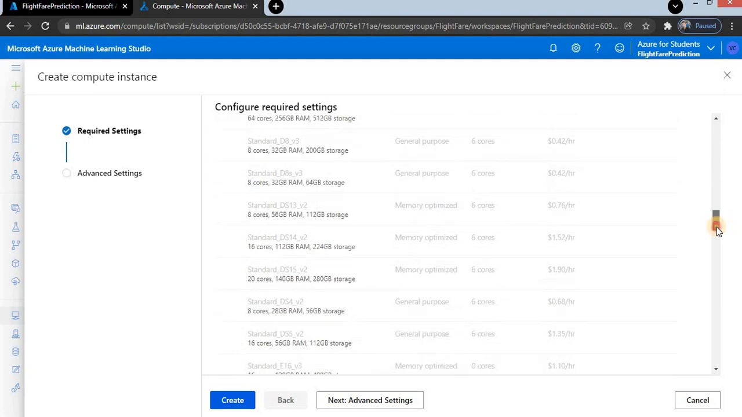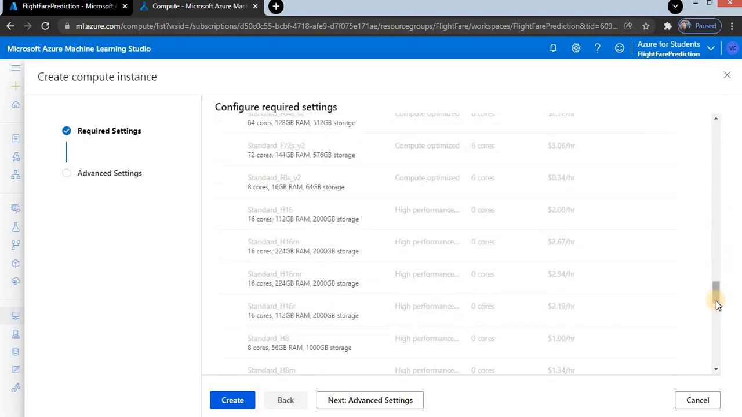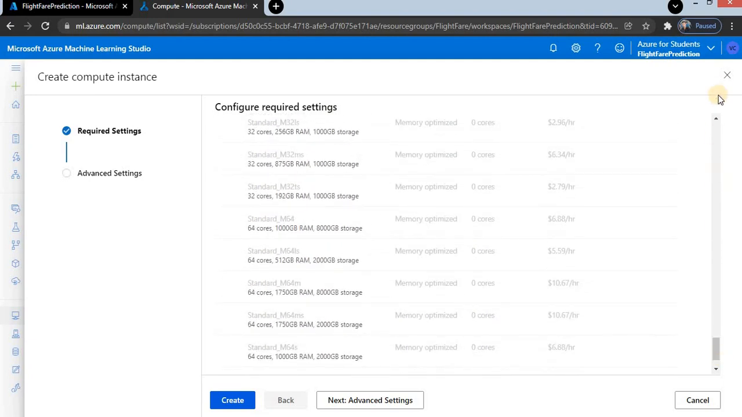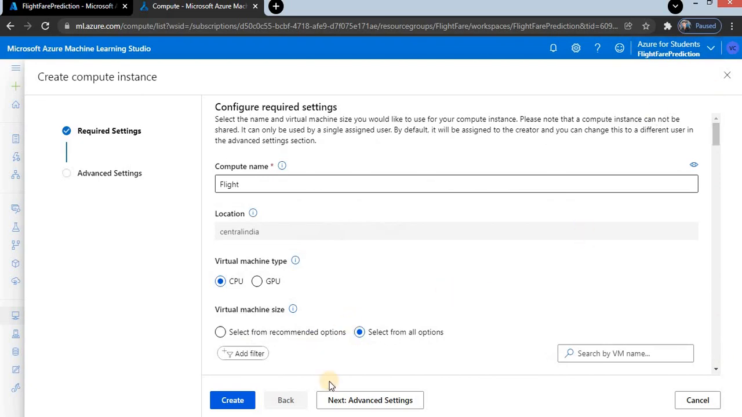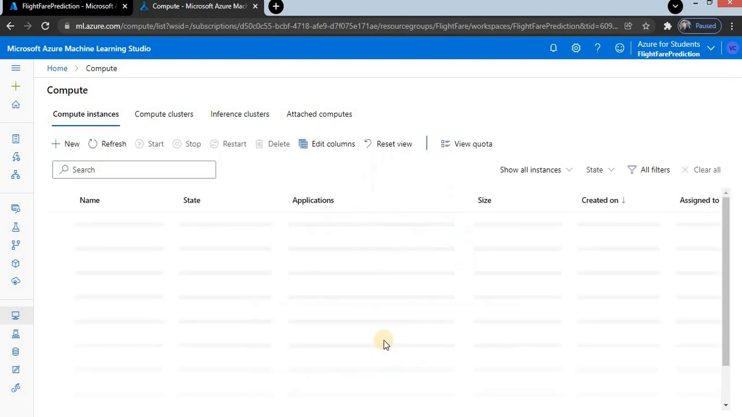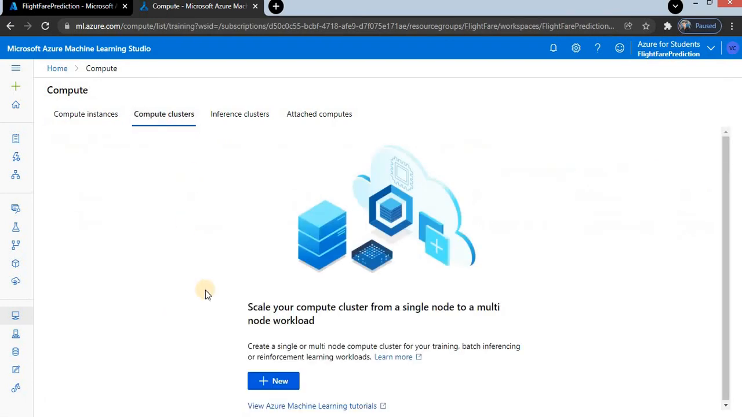And then once it is done, we need to create. So it will take some time to create. So let us go to compute resources and create there. So click on new,